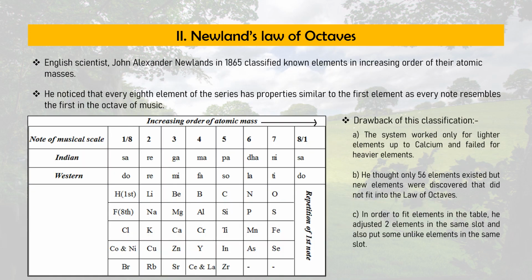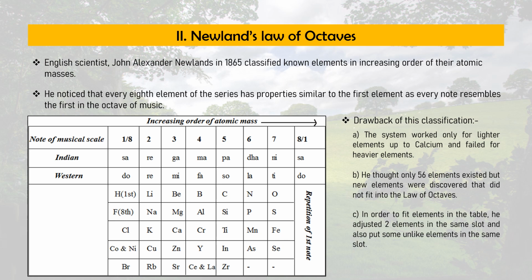Next one is Newlands' law of octaves. Here, the English scientist John Alexander Newlands, in 1865, classified the known elements in increasing order of their atomic masses. After arrangement, he noticed that every eighth element of the series, meaning when the elements are arranged in the horizontal way, which is called a series,